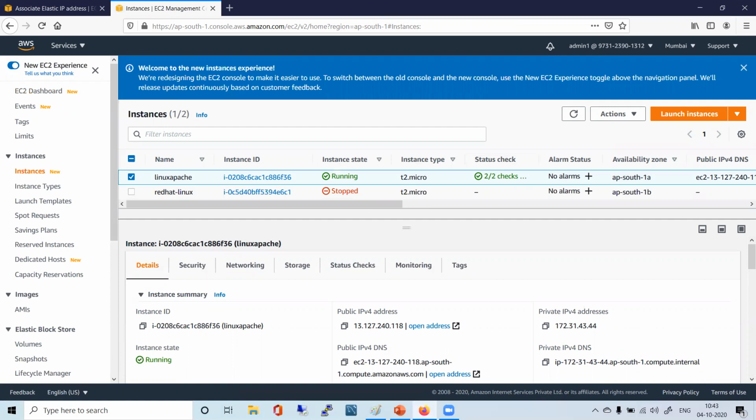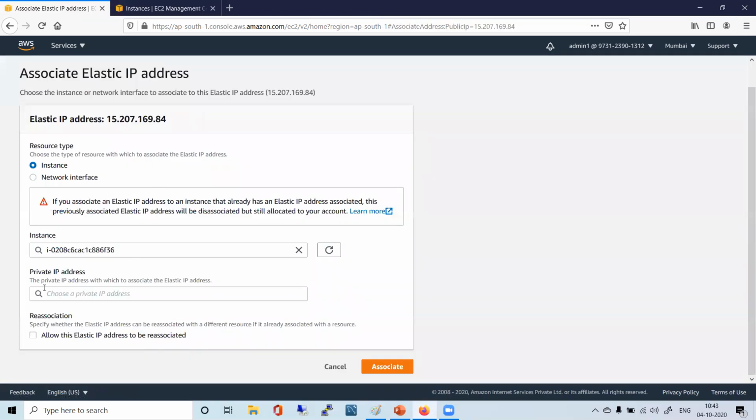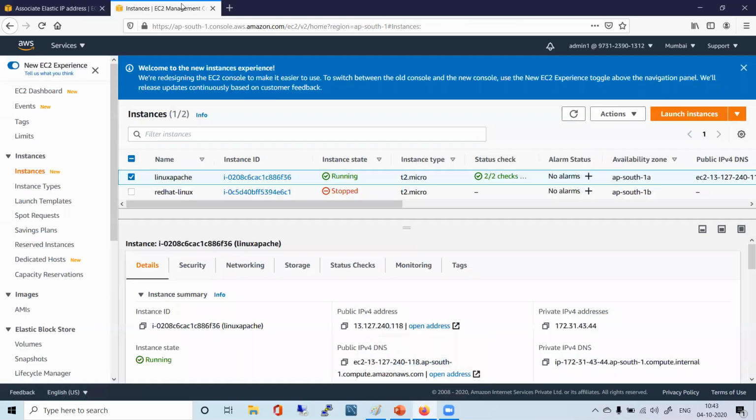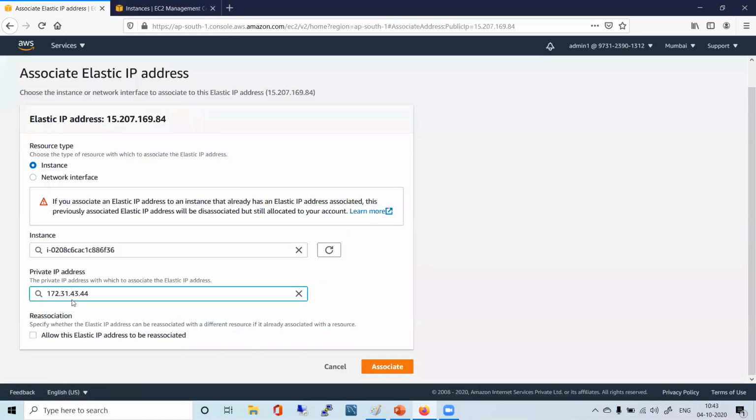This is the private one, that is the public one, right? Like that, it's asking for the private IP address with which to associate the elastic one. It gives me a choice here in the drop down, 172.31.43.44. Just look at this private IP address.